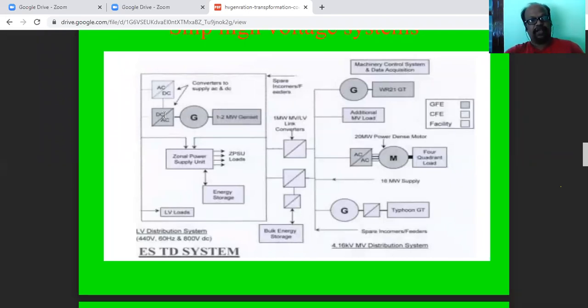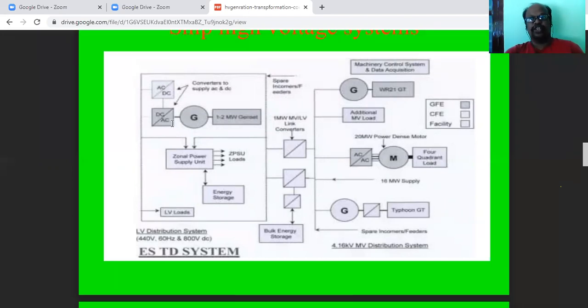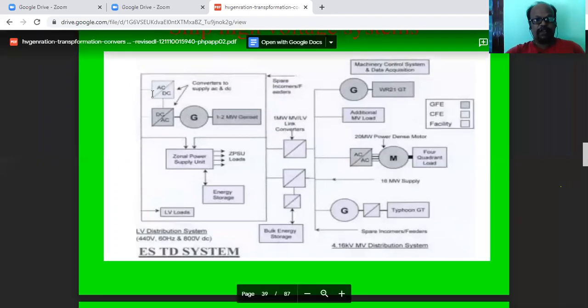In that case, in order to give a fixed voltage, there is a need for a two-stage conversion. In one stage it will be converted from AC to DC, fixed DC. In another stage, whatever the DC voltage, that will be converted to AC. This two-stage conversion also will be used. After that, it will be stepped up to very high voltages. That is what is mentioned here.